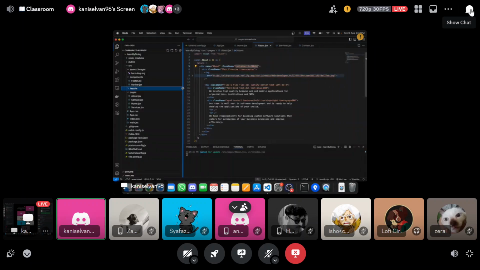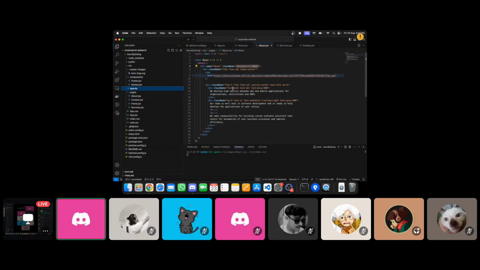Okay, I'd like to provide, like the other day we set it to 90 vh. Let's say if I change this to min full, it makes it full.